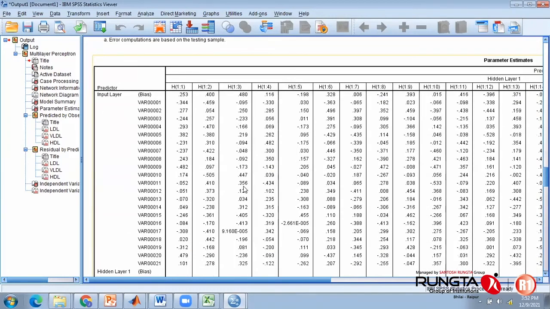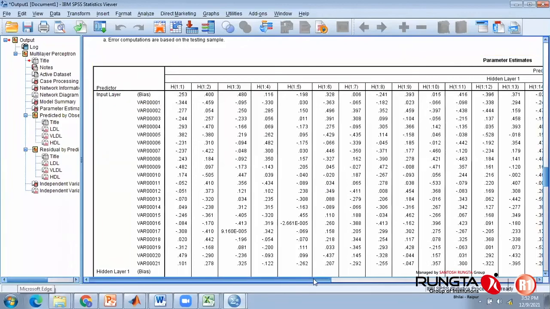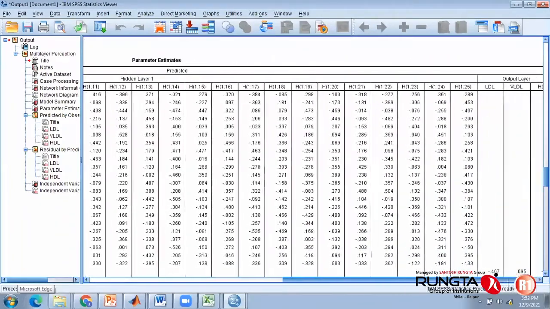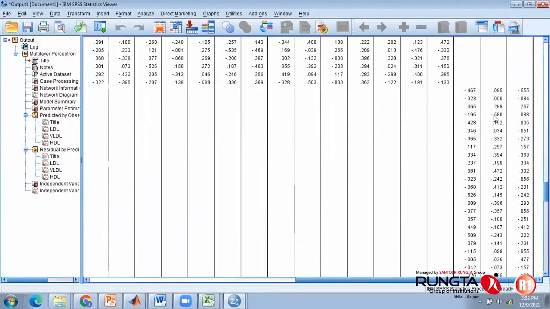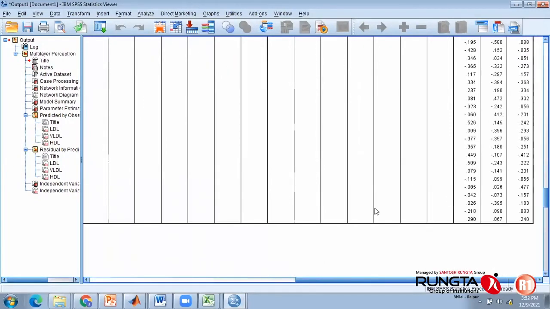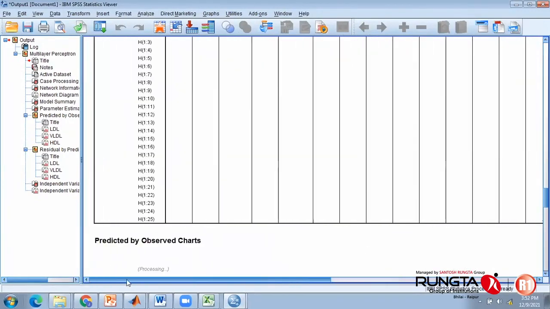These are the synapses, synaptic weights, which are usually of black box nature in MATLAB. There are other methods with which we can get them in MATLAB also. We can get synapses in MATLAB, but SPSS is very easy for getting the synapses. So for every single variable, layer wise, all synaptic weights will be there for the input layer, and for the output layers also. So if anybody is interested in creation of a mathematical model, they can get it.